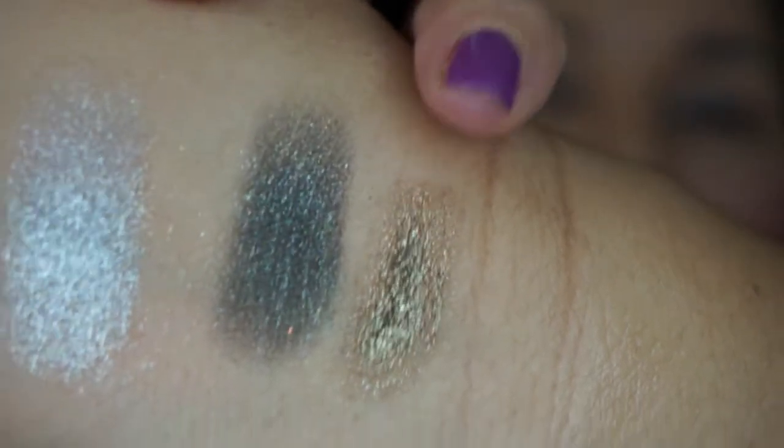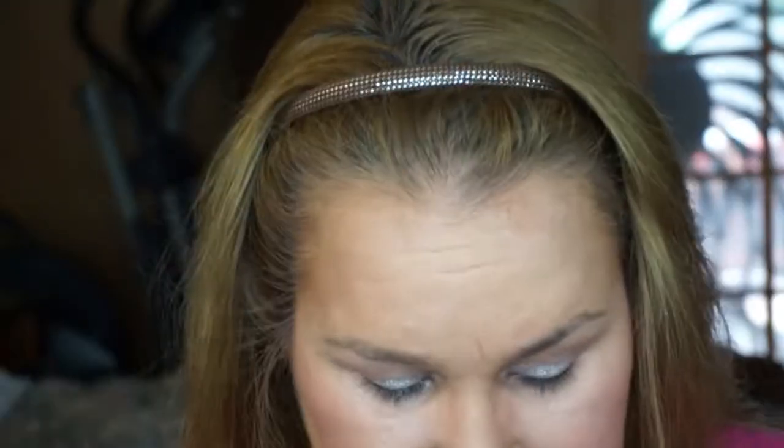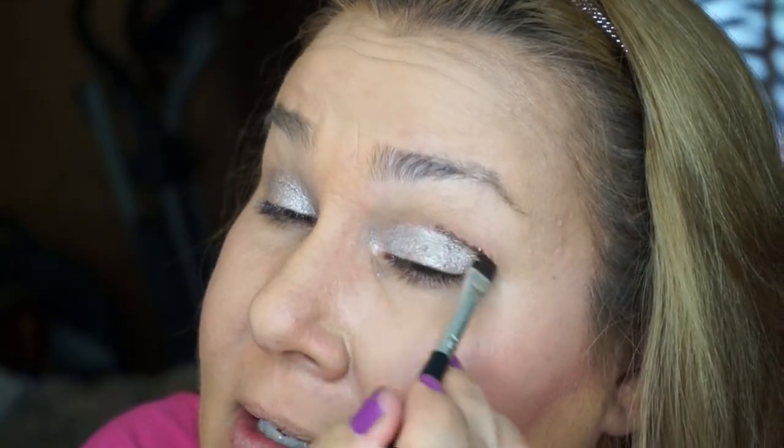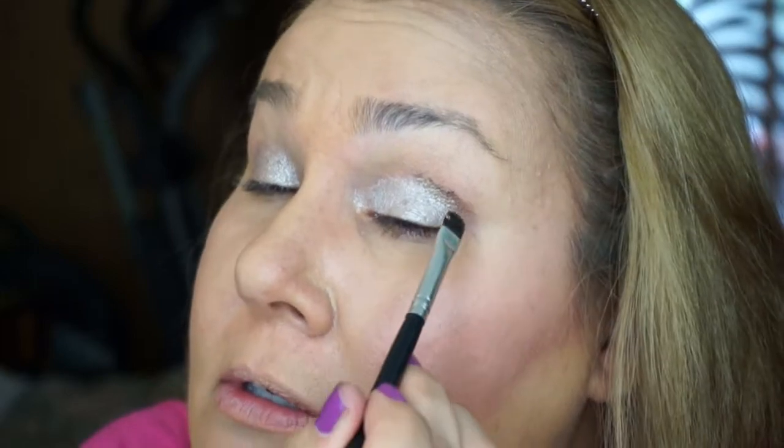So it's this right here. I just haven't blended it out. There we go. Can you see that? This is kind of difficult to show because it is like a two-part little guy. And then I'm gonna put this, I'm gonna line. I'm just gonna do, because I got my hooded eyes,